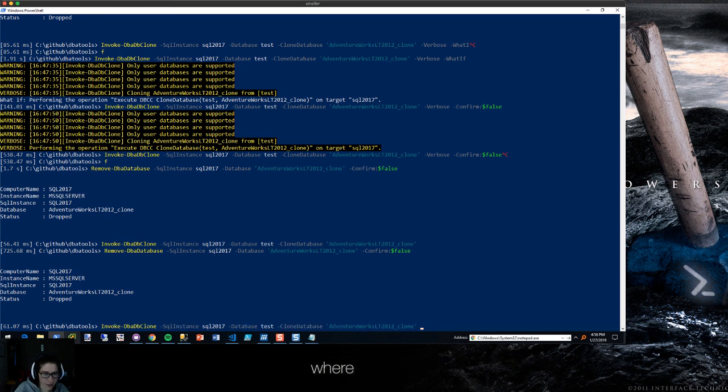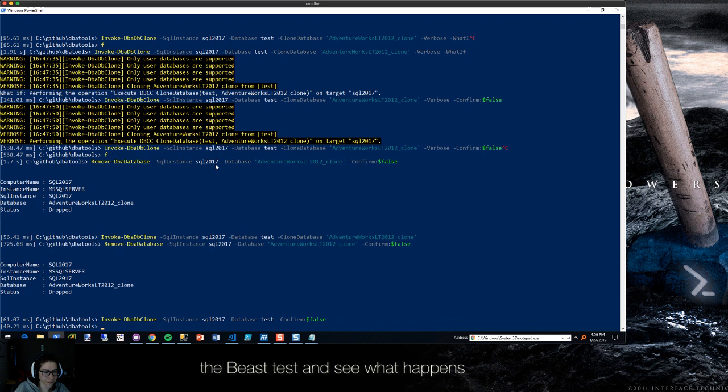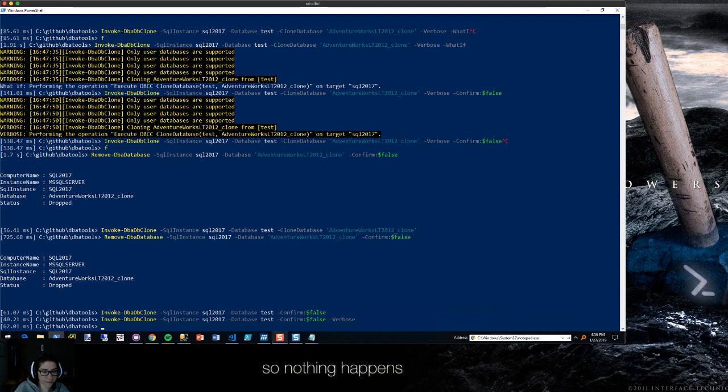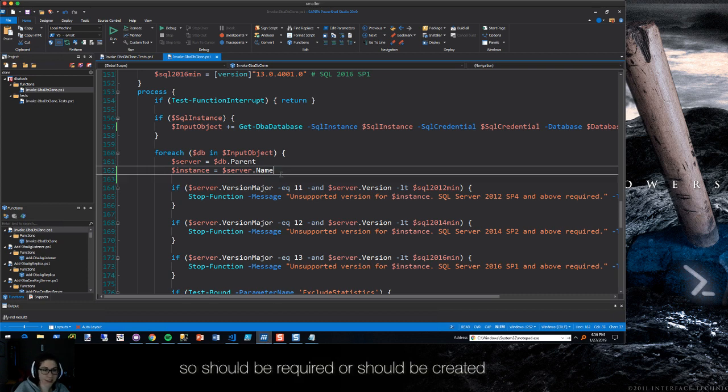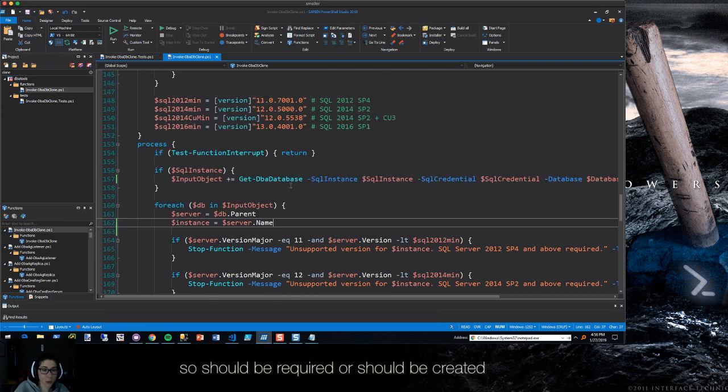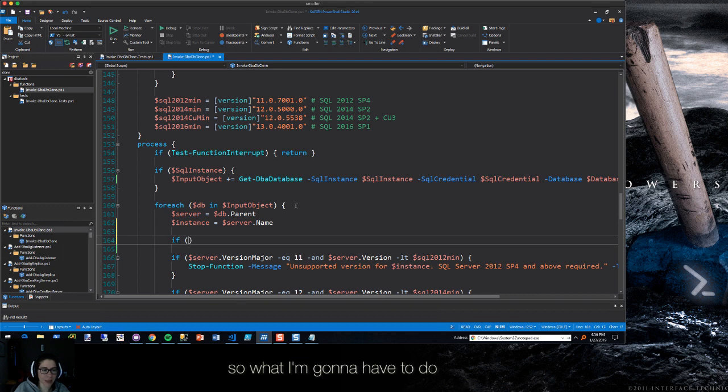All right, so here we go. I'm just going to say database test and see what happens. So nothing happens. So it should be required, or it should be created. So what I'm going to have to do is not test bound